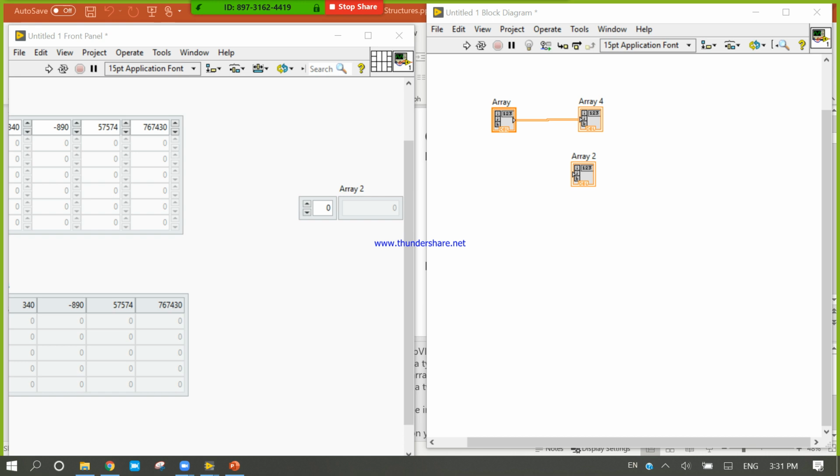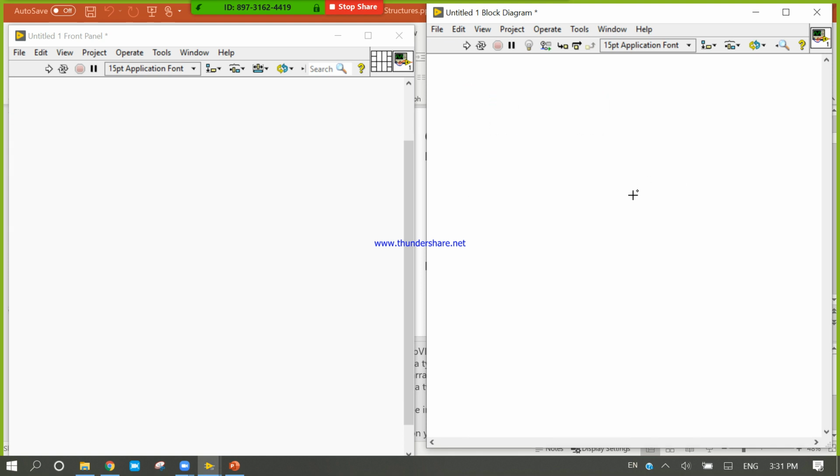Let's move again. Now we have learned how to design 1D and 2D arrays. Let's start some work on the 1D and 2D array.